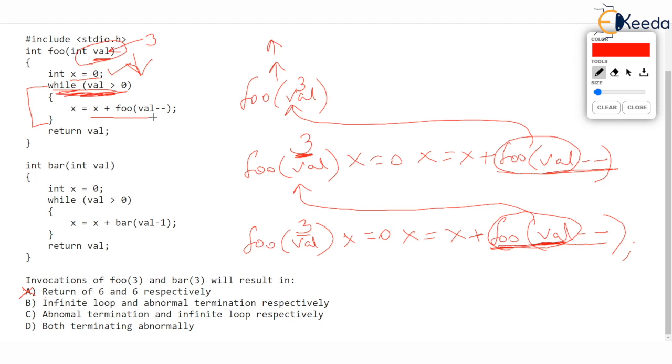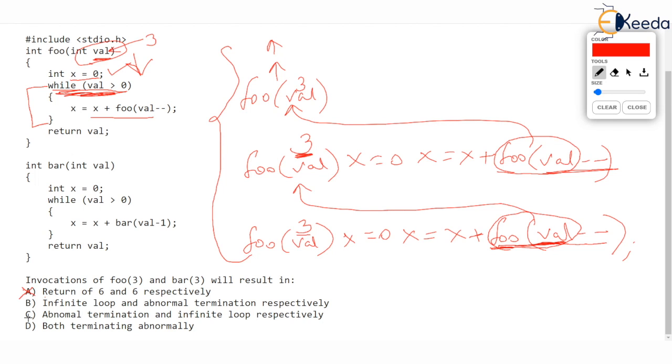Indefinitely foo will keep calling itself with the same parameter 3. This is indefinite recursion. What happens really then? After some time, the memory will be full, because please try to understand these functions are getting stacked in the memory, isn't it? And the operating system will soon complain, very soon complain, that I don't have sufficient memory to stack your function anymore. So basically, in that case, this type of program which contains such a foo function will be terminated abnormally.